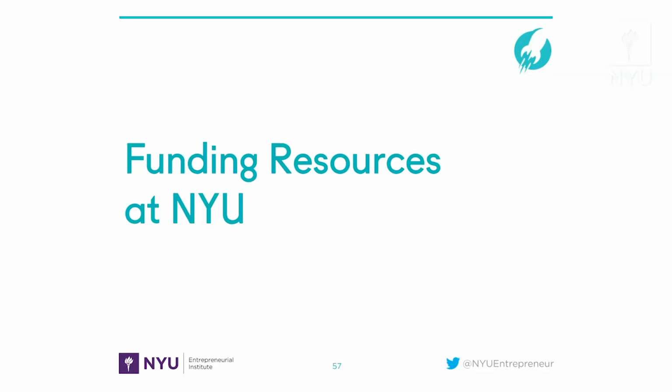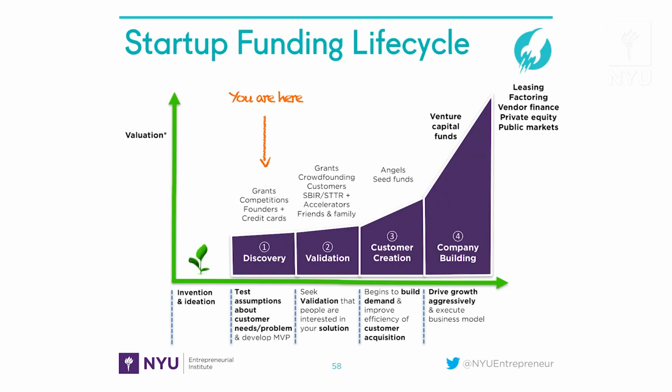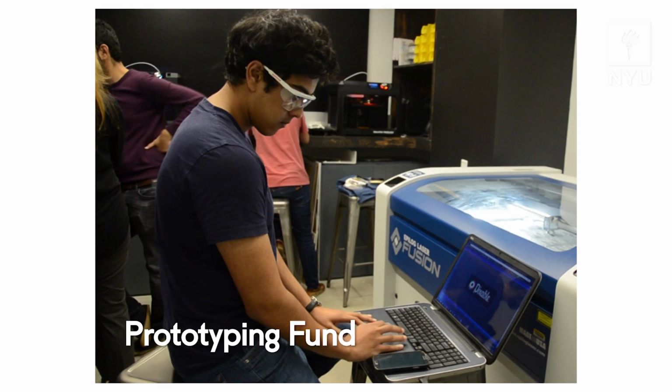So, some funding resources at NYU. Again, the funding life cycle, we have different things at each stage here. The first that I'll mention is our prototyping fund. If you are building or thinking about building a physical product, something in hardware or a soft good, not software, then this is a grant program where we give up to $500 in initial grants to students to help them build something. So if a few $100s is holding you back from actually buying the components that you need or